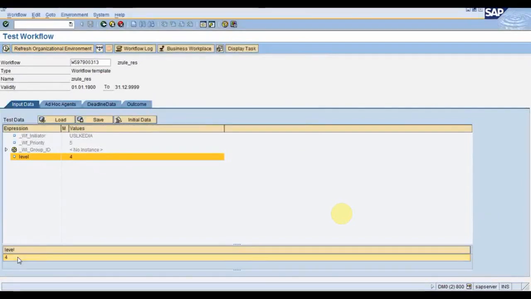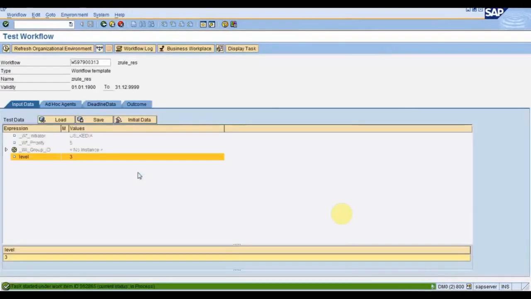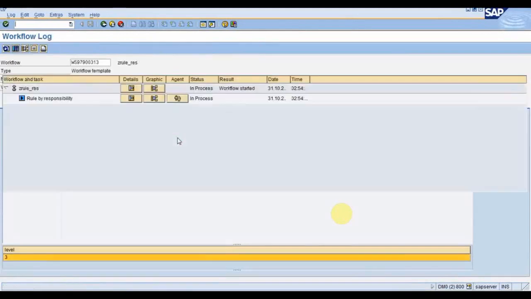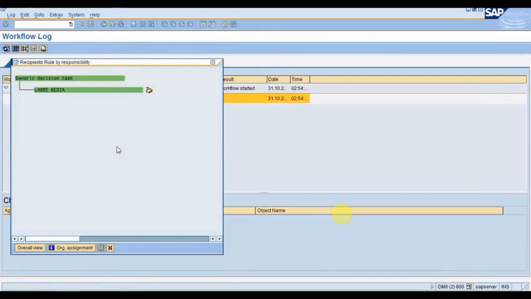Now suppose I give the value as 3. Execute it. Going to the workflow log. Now I will be receiving this work item because I am assigned as the ID for level 1 to 3.